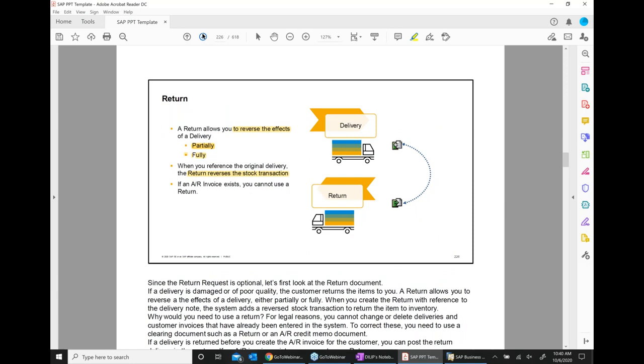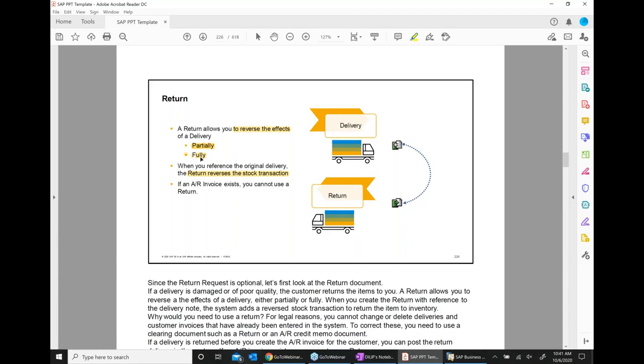The very first thing which we're going to discuss is about returns. So when we're talking about the return, we have different situations as far as the returns is concerned. If you look at this diagram here, the system says that I made a delivery to the customer, and after I make a delivery to the customer, the customer returns the material back to me.